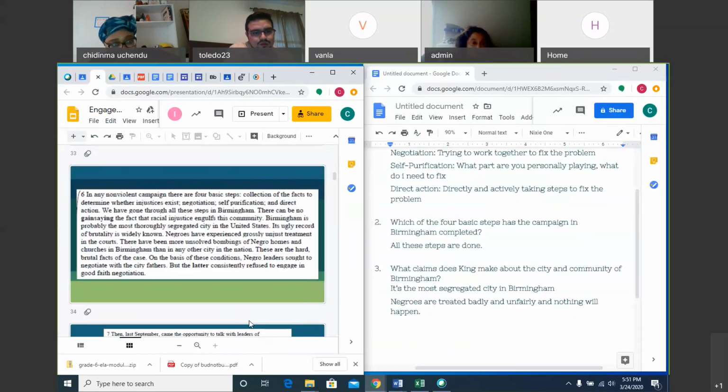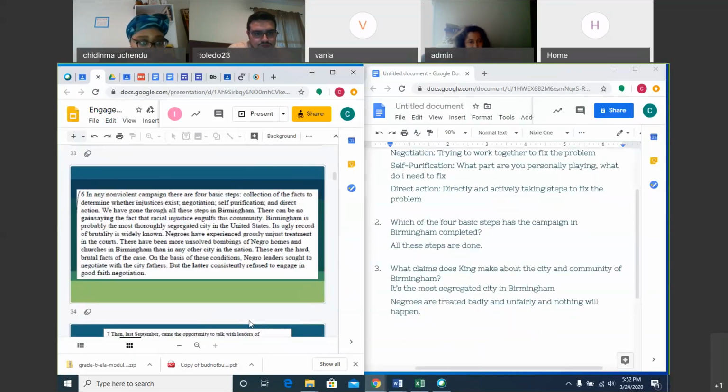It's an ugly record of police brutality. What'd you say, hon? Ugly record of police brutality. Does it say that in the text? Yeah. Did you read the sentence where it says that in the text? Yeah, the fourth sentence: "Its ugly record of police brutality is known in every section of the country."